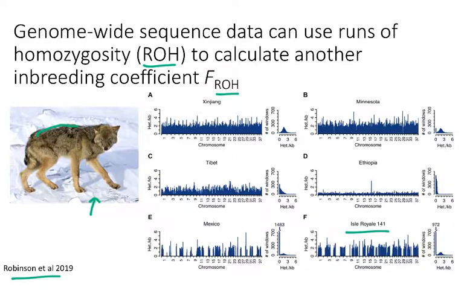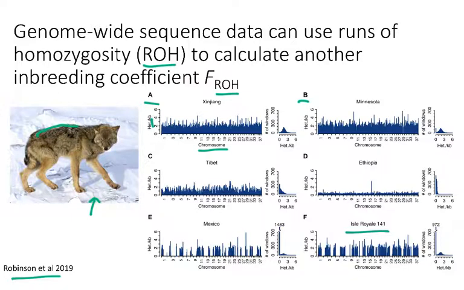So what we're looking at in each of these panels, on the x-axis is the chromosome. So remember, in order to do this type of inbreeding coefficient calculation, you need a whole genome sequence. So you need to know where these different markers are in terms of where they are on the chromosomes. So that's the x-axis. The y-axis is heterozygosity. So the higher the heterozygosity is, the more genetic diversity there is, the higher the bars are on this graph. And so if we look at these different populations, each of these different panels, A, B, C, D, E, and F, are